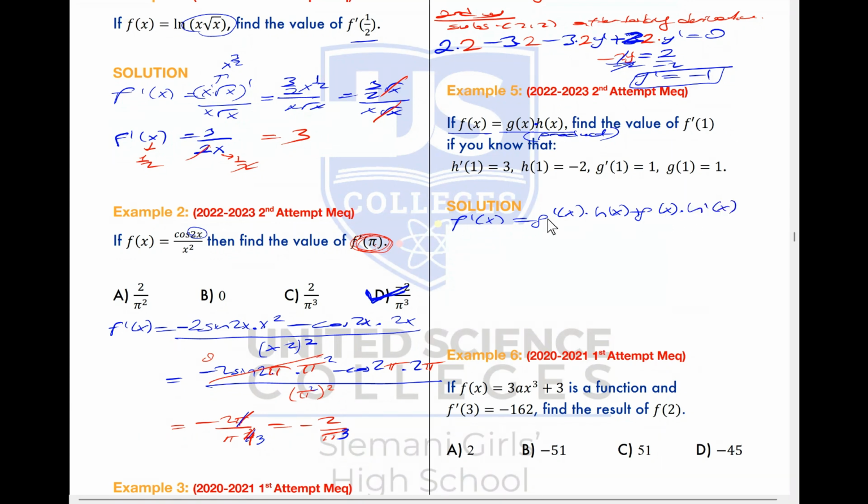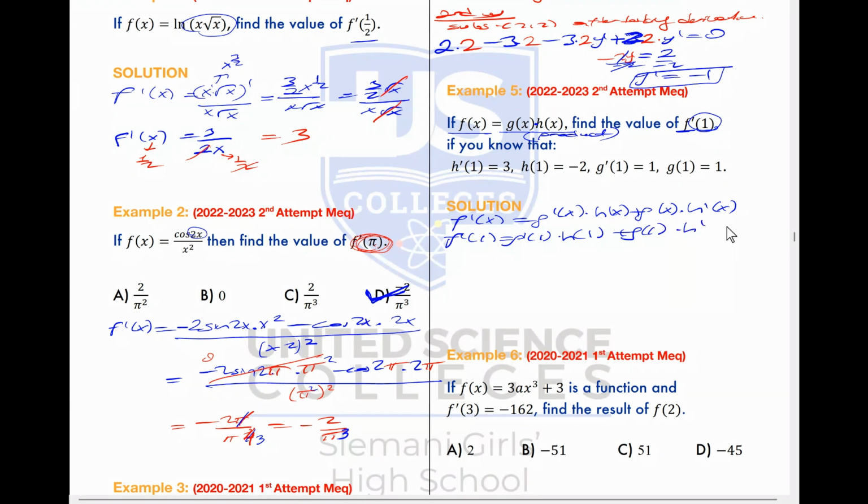So this is how we get the derivative of f. What I need is derivative of f at 1. We need to evaluate the derivative of function at 1. So I will replace my x's with 1. f prime of 1 equals g prime of 1 times h of 1 plus g of 1 times